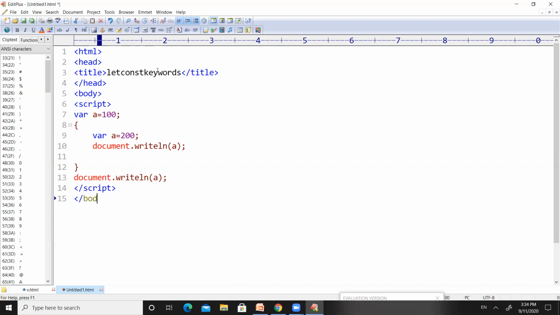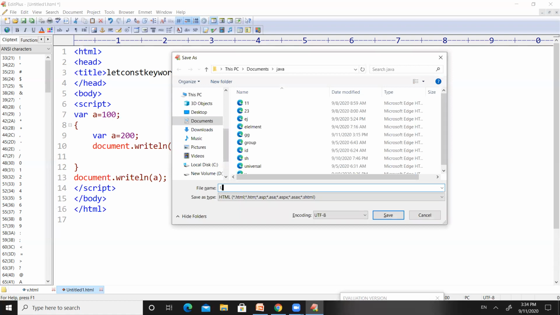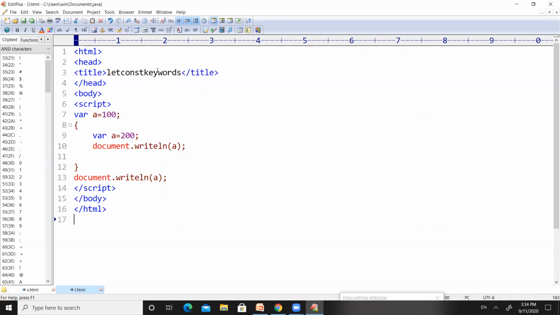Now close the body tag and then close the HTML tag. Now let us save this code as l.html, because we are working with the let keyword. I am saving this one as l.html. Now open the l.html file.